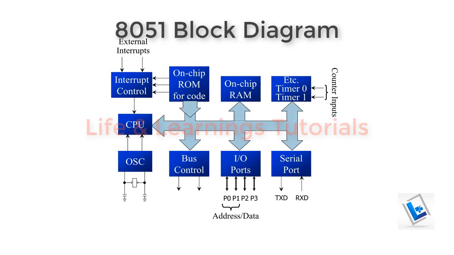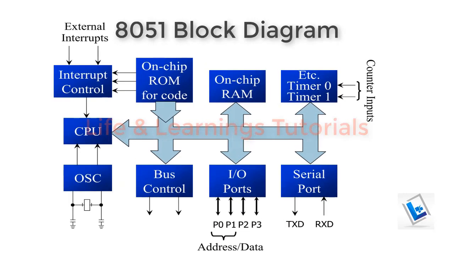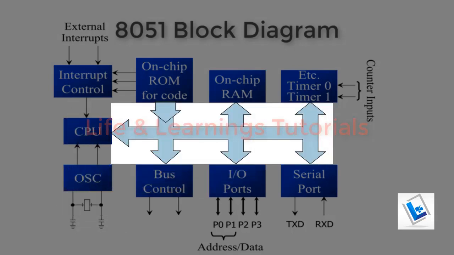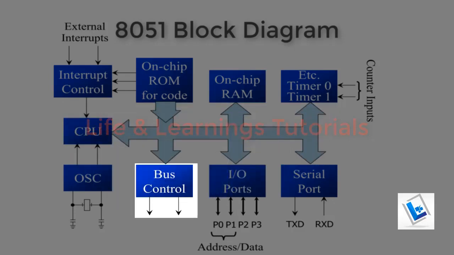Now it's time to discuss the 8051 block diagram, and this is the very basic block diagram of the microcontroller. We have this central part, the CPU, and this CPU requires an oscillator clock to work. We can consider this bus as a system bus because it will carry the data in and out from the CPU towards and from the peripherals. And we have this bus control block here, which will control the timings to read and write the data from